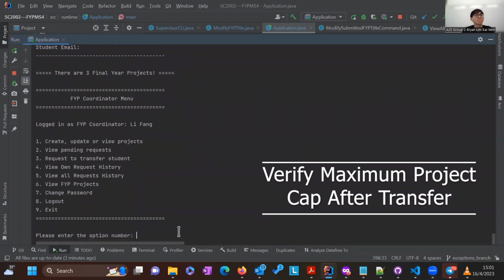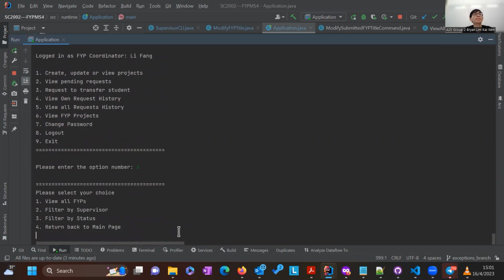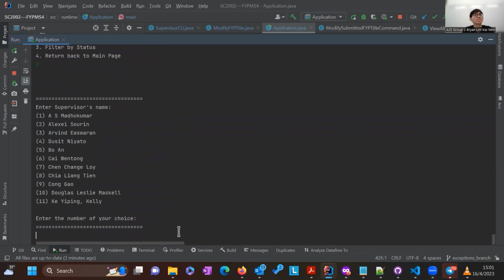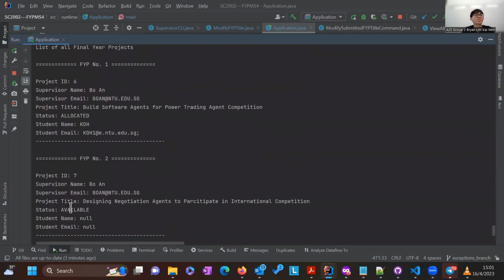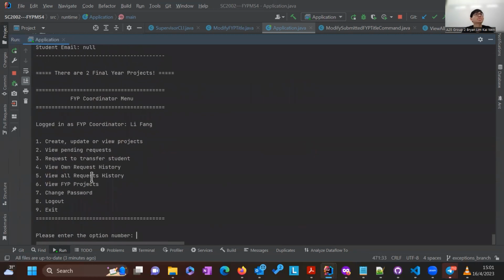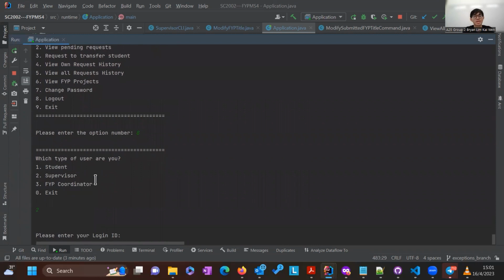So now we'll check for Boan's. Boan will be pressing 6, then press through. Then we can see Boan's number 5. Boan now only has 2 FYP projects, and his previously unavailable project becomes available now due to only having 1 allocated project. So now we'll log out of the coordinator's account and then go back to Dustin Yato's account to